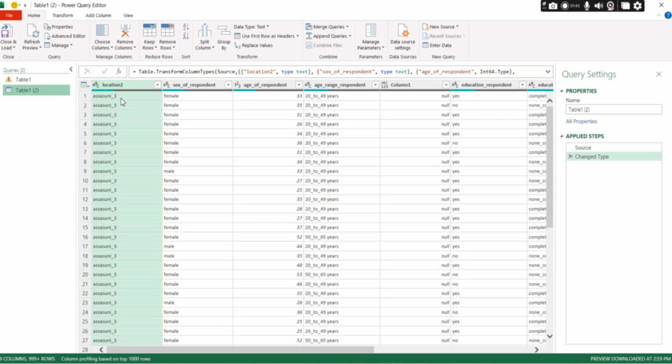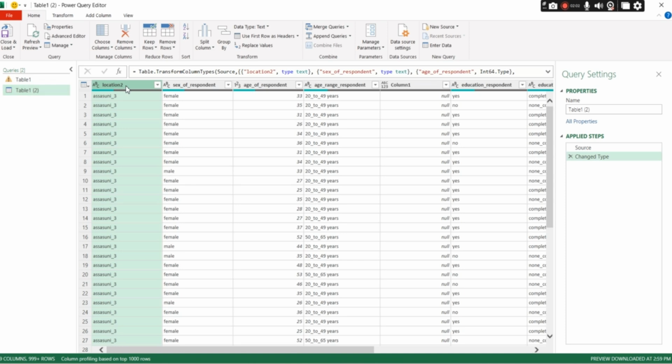If we do this manually for a 700 plus data set, it takes lots of time. But in Power Query we have an option that we can easily split that information by one click. So let's see how it happens.